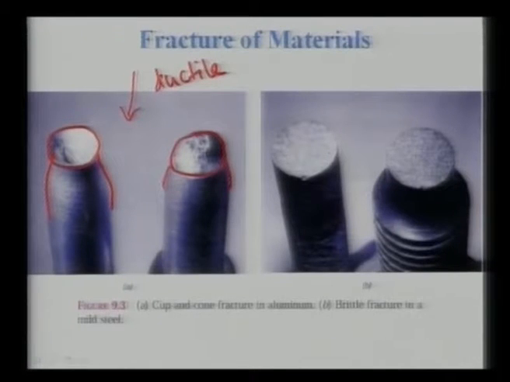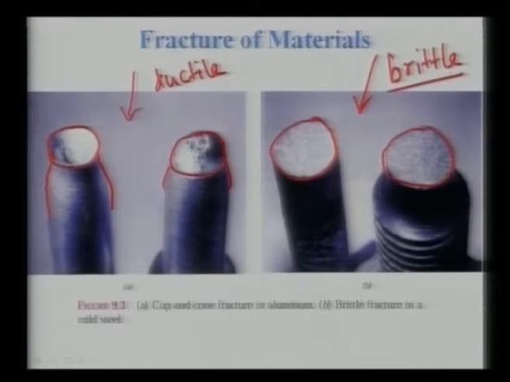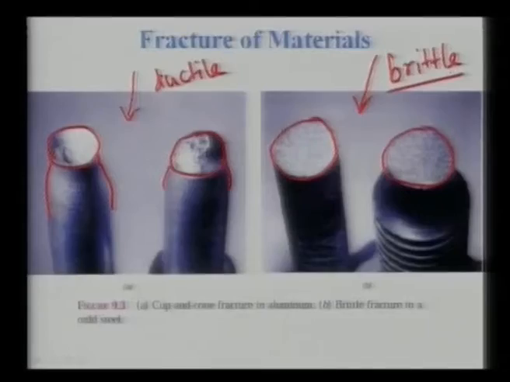Now if you look at this particular fracture behavior, there is no such contraction in the diameter prior to fracture, and this kind of fracture is known as brittle fracture. Now this brittle fracture is typically noticed for metals below the DBT. DBT means ductile to brittle transition temperature. If you test any metal below the ductile to brittle transition temperature, this metal will behave more like a brittle material. Similar observations are often found while testing most ceramics, because ceramics are essentially brittle, as I have explained in the last lecture.